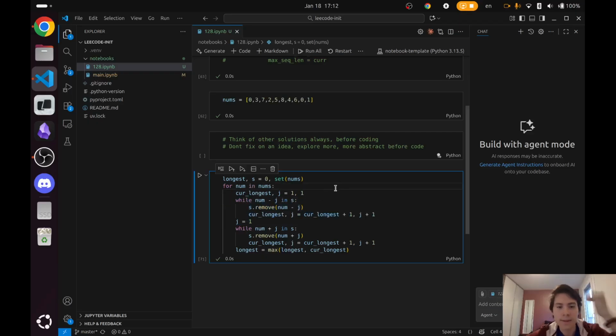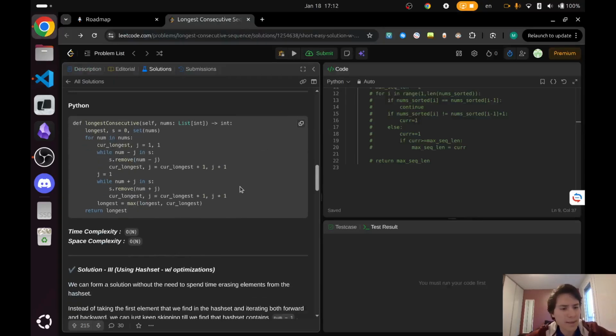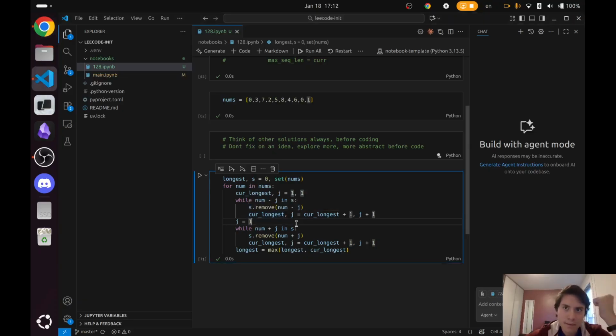I'm going to check if the previous element is in the hash, remove it from the set and make the current longest. Is this O of n, really? Because the set is smaller. Okay, so the current longest, we're gonna increase it by 1 along with j, right? And while,